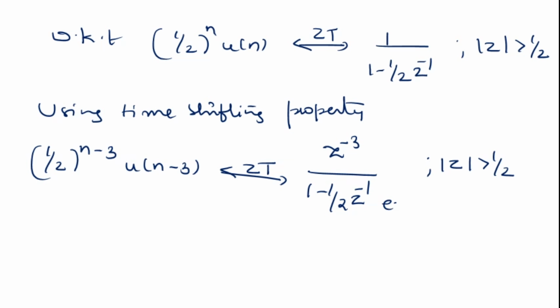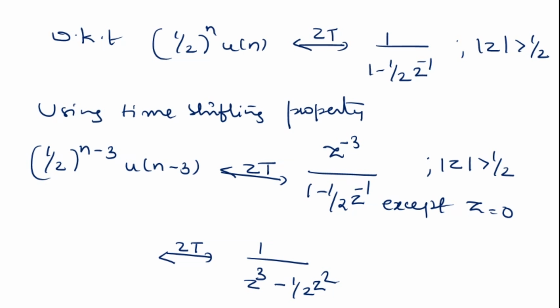Except z is equal to 0. That is equal to 1 divided by z cube minus half z square. Then using differentiation property,